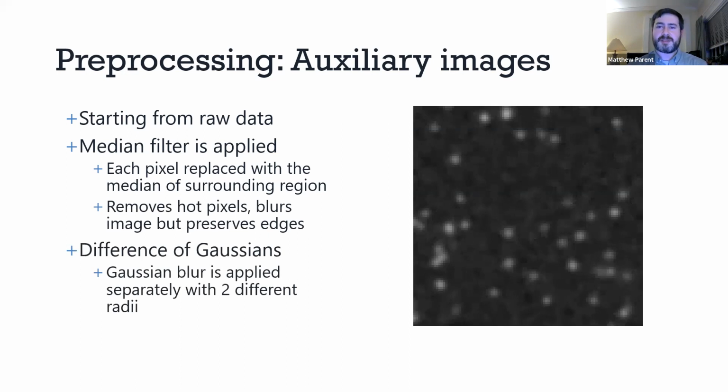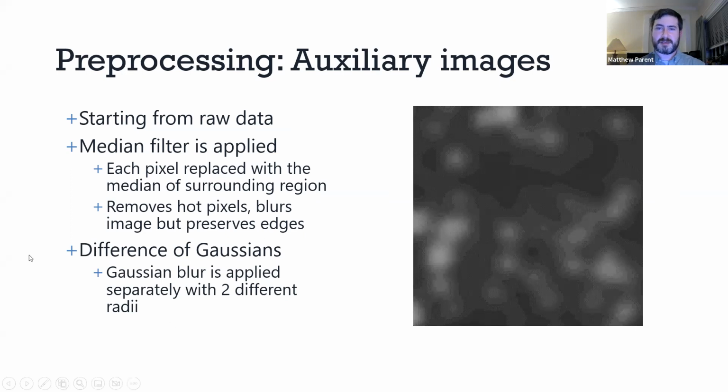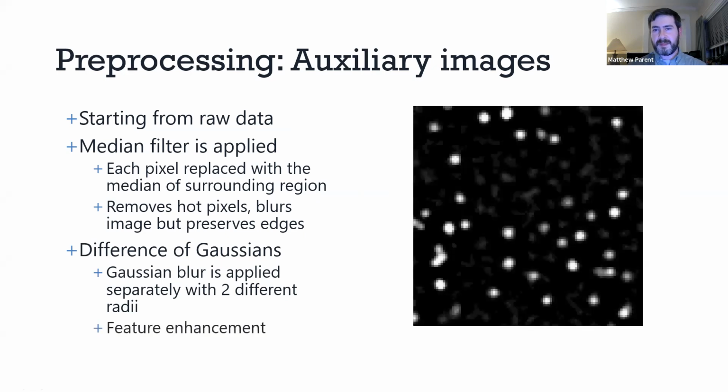And I do that because it's simple, it's very fast. Essentially what this is, I blur the image with a Gaussian, and I do it with two different Gaussian radii, one that's small and one that's large. So the small Gaussian radius gives me an image that looks like this. And when I blur it with a large one, I get something that looks like this. And if you take the difference of those, so I take one and subtract the other, I get something that